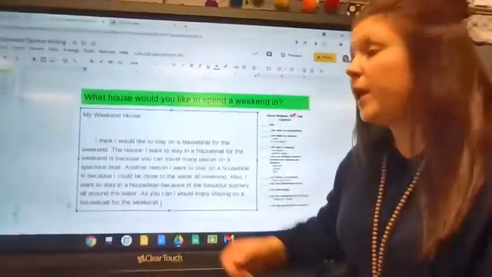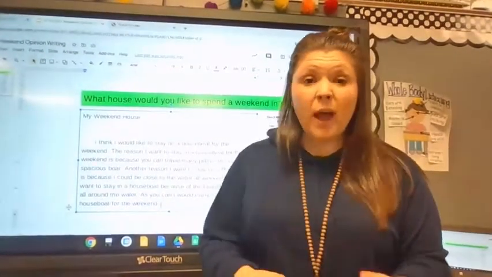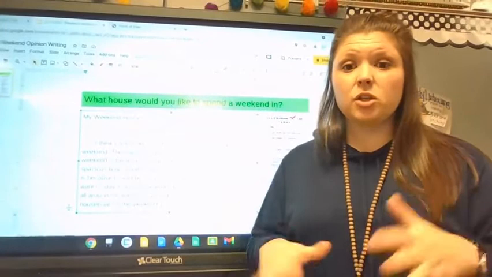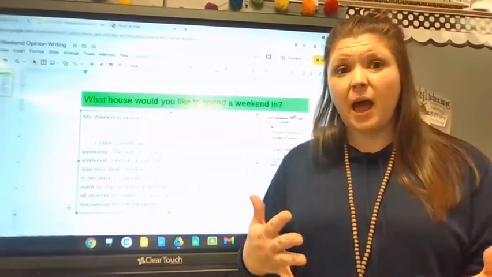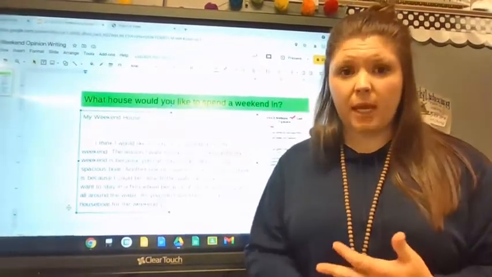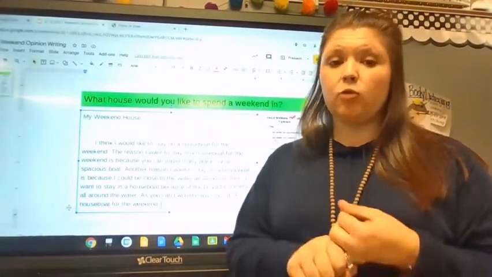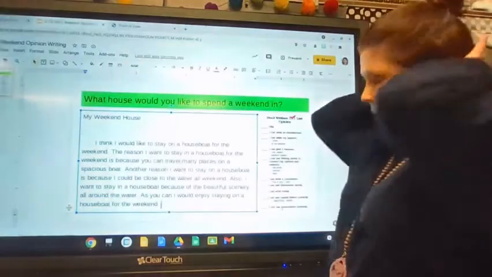So here is what paragraph form looks like. If you have trouble typing and you would rather write this on a piece of paper, take a picture and upload it onto the slide, that is fine with me. But I do need to either see your writing typed or it written in a picture inserted, okay?